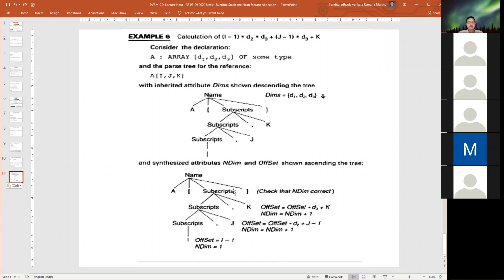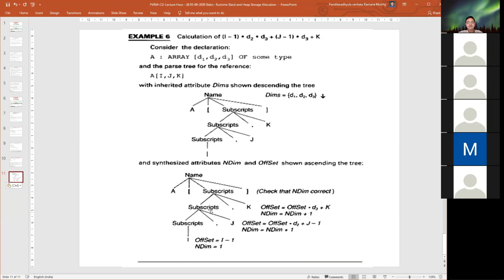Each subscript can once again have n dimensions. Based on the number of subscripts, we elaborate the subscripts. If there is only one, we call it a single-dimensional array. If the subscript is divided into 2 or 3, then we call it a 2-dimensional or 3-dimensional array.